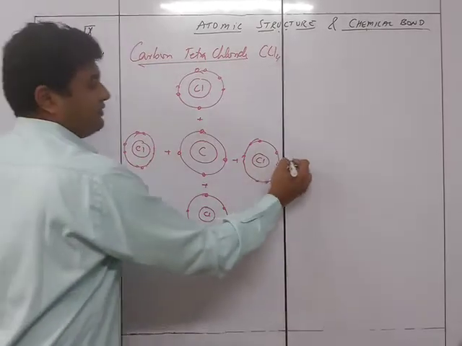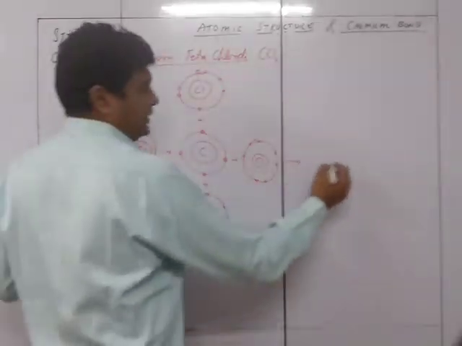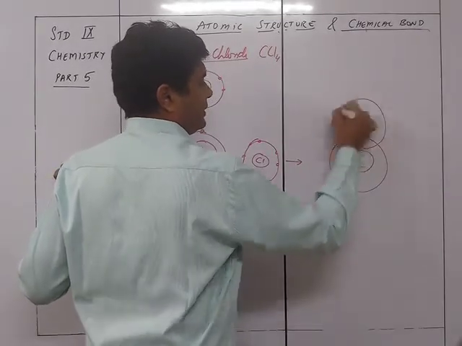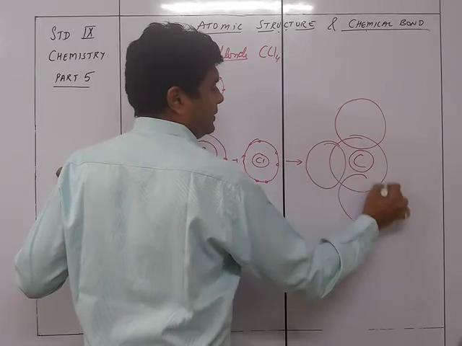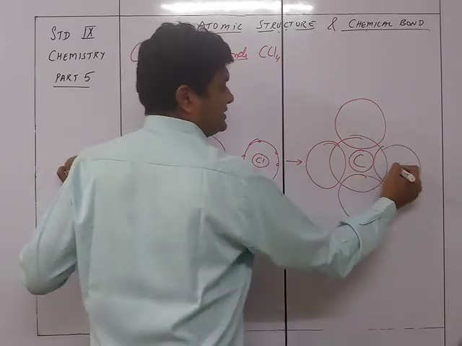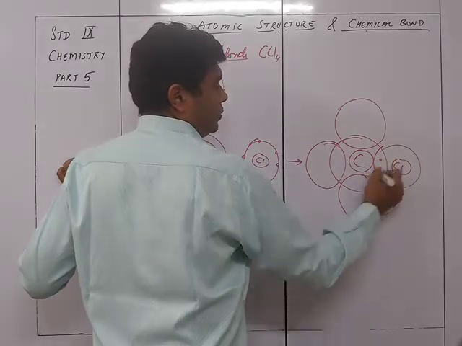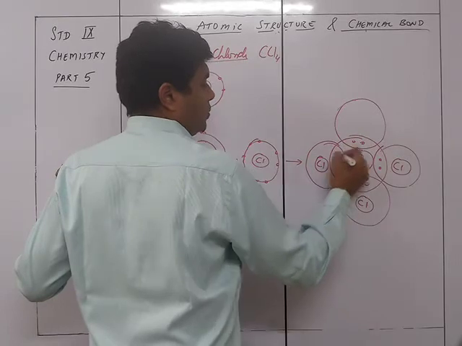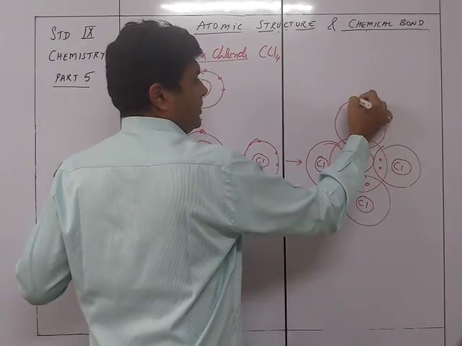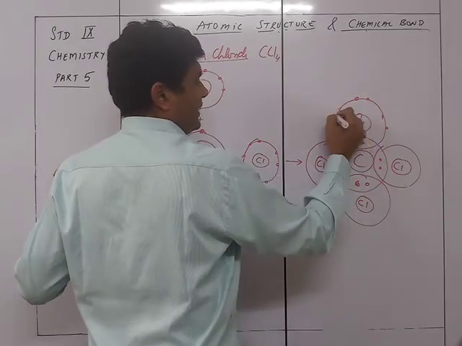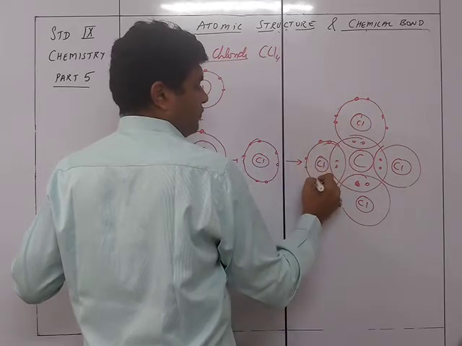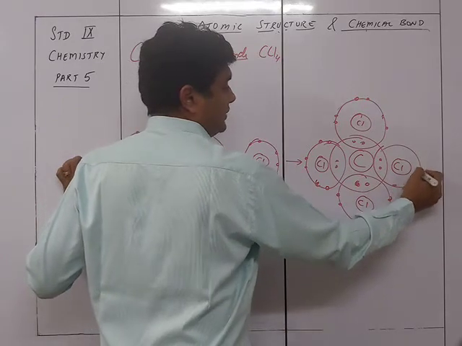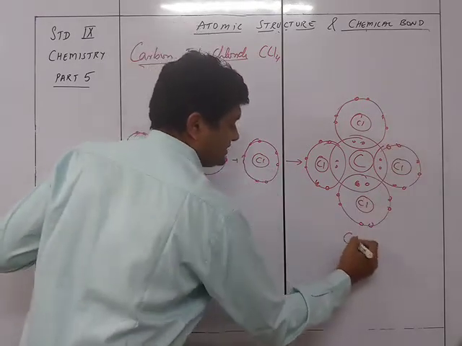So now after combination this is going to become C with the circle and 1 here, 1 here, 1 here and 1 here Cl. So this is Cl with 1, 2. This is Cl with 1, 2. Cl with 1, 2, 1, 2 Cl. Here will be 1, 2, 3, 4, 5, 6 on each of the chlorines. So this is CCl4.